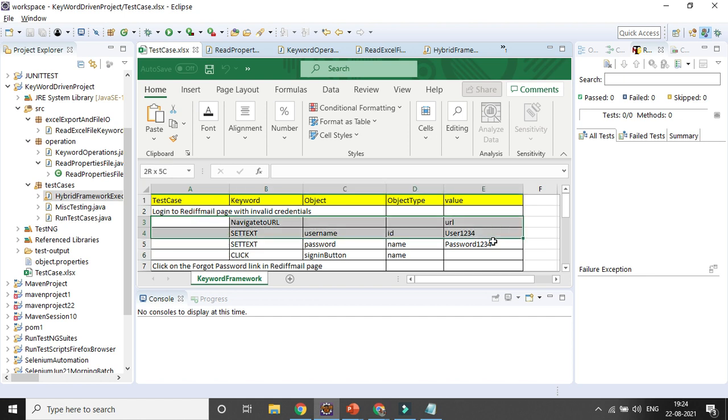So here the value is not present, that means we need to perform the action, and here this is the test cases, no action is there. So every time it matches, that some value is present in my first column, I will open a new Chrome browser, and for the remaining rows, I will perform the operation based on the keyword, object type and value that is present.